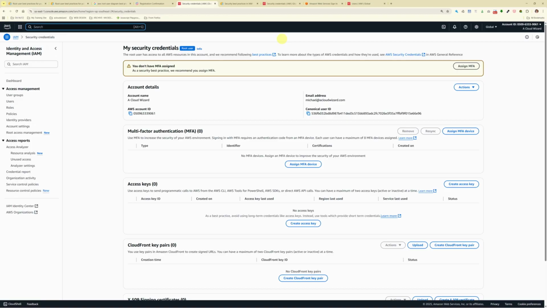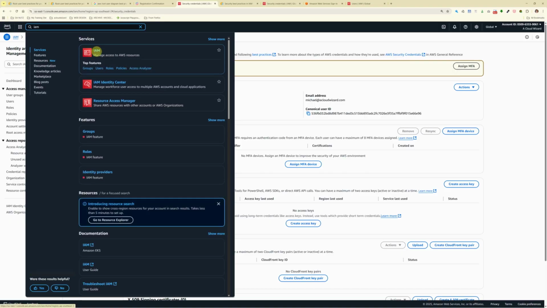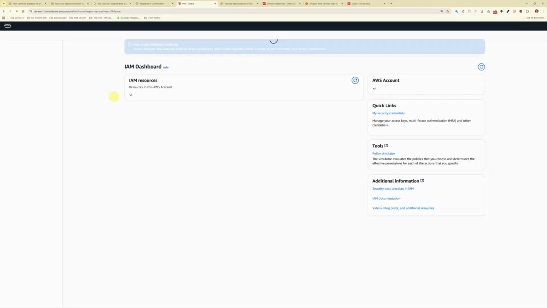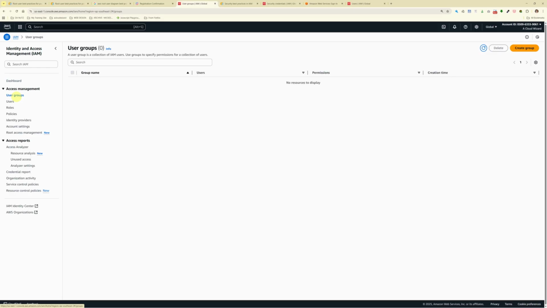Okay, so I am already in IAM, but if you're not, there's a couple of ways to do it. You could search in the search bar and put IAM and it'll come up. There's countless ways, but let's just go with that one for the moment. And on the left pane, we click on user groups, and we do not have any groups at the moment. So we create a group,